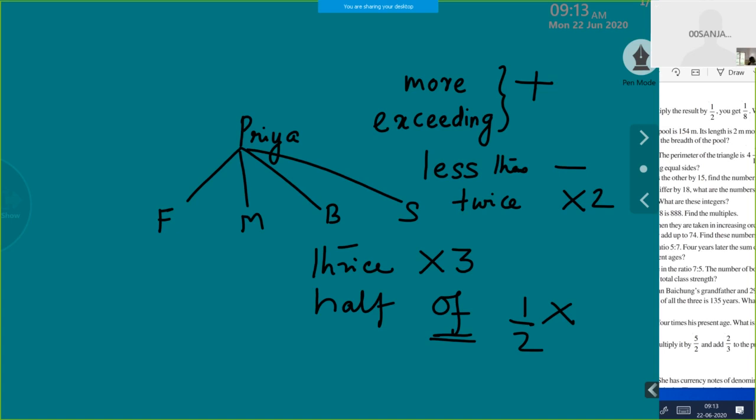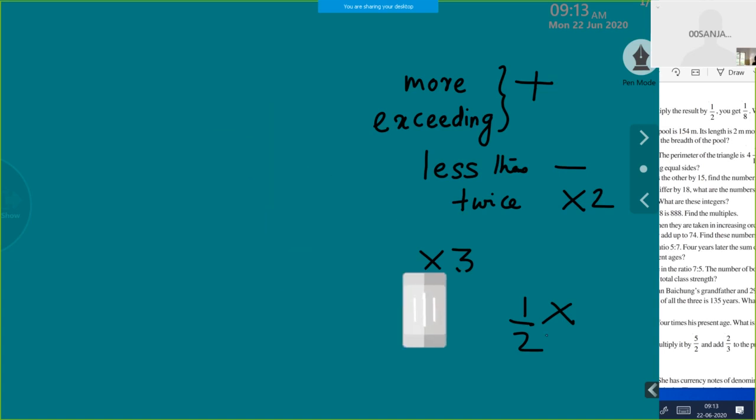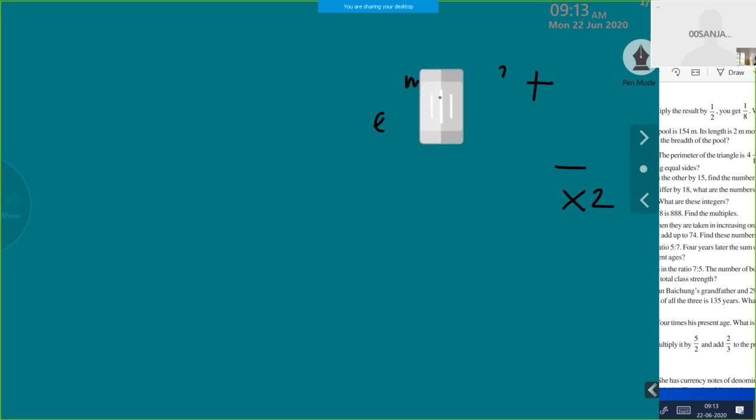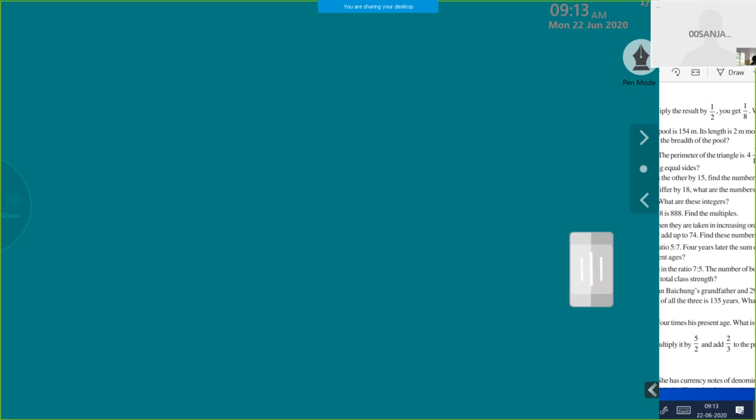So these are the word expressions to be considered when you have word problems. If you learn these concepts, you will find framing linear equations, to some extent, easy. Now let me take another example. If I say that Heidi's elder brother is 5 years more than Heidi, I'm not giving Heidi's age now. In the previous example, I gave the number of chocolates Priya has. Now I'm not saying what Heidi's age is.